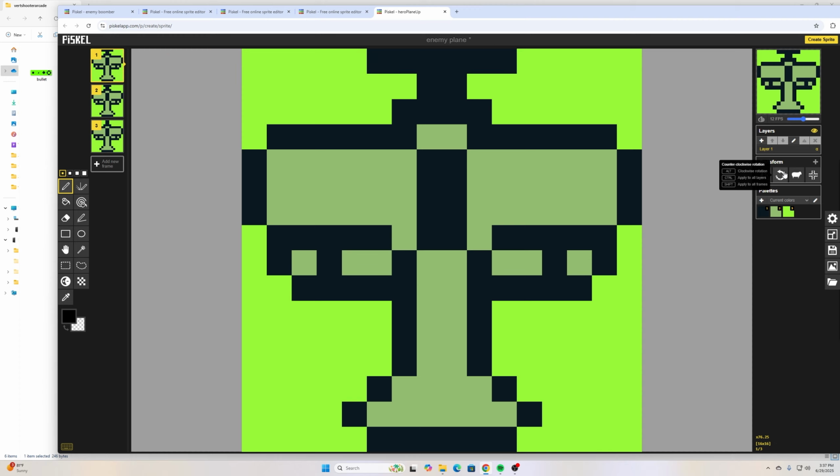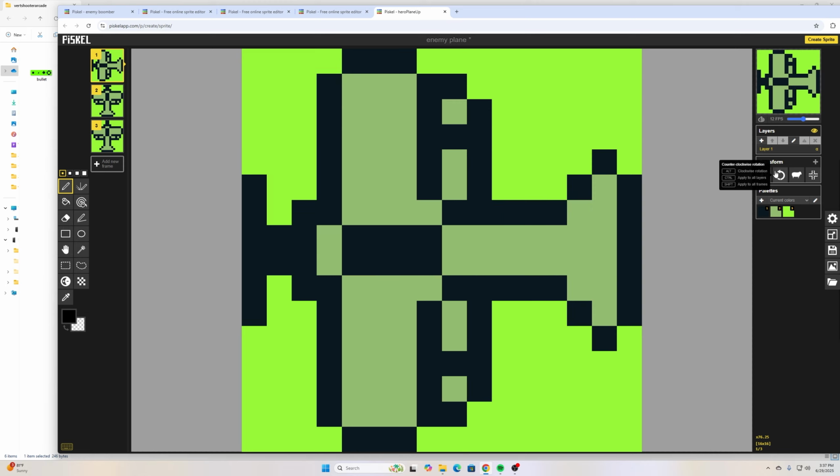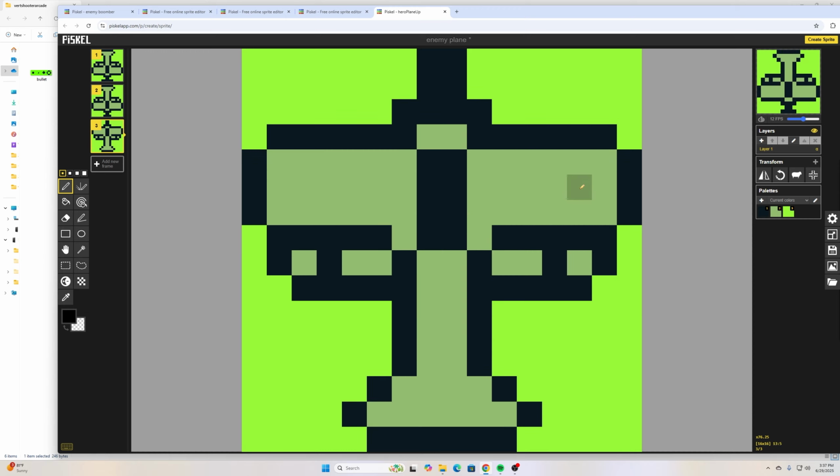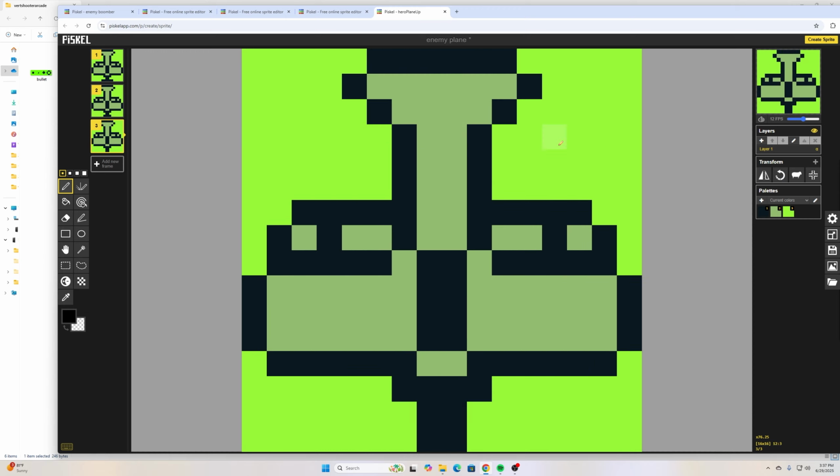So all I need to do is, I don't have to worry about deleting those frames. I can go over here. And then this plane I'm going to have flipped facing down because we're going to be flying up. And this particular enemy plane is going to be flying down. Okay. And then again, if you have multiple layers that have different things on them, then you'll need to rotate